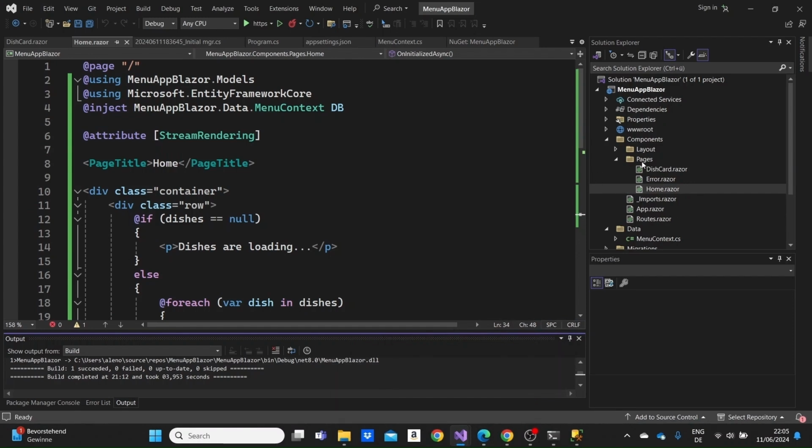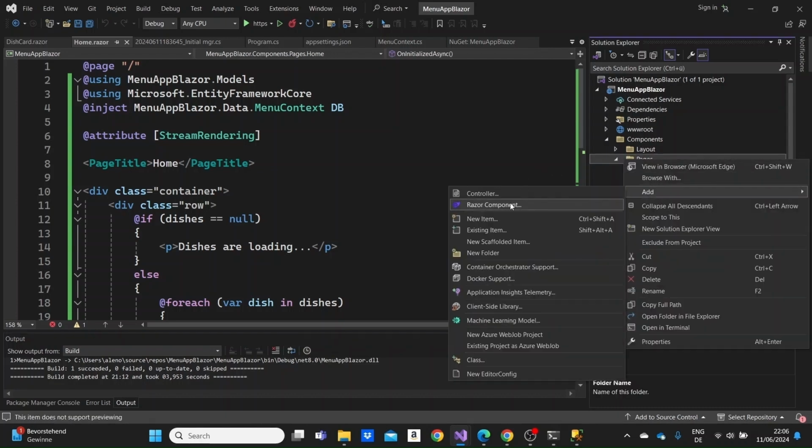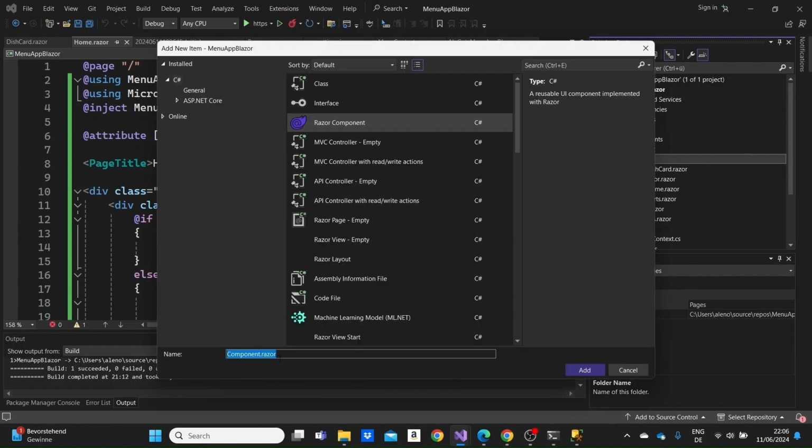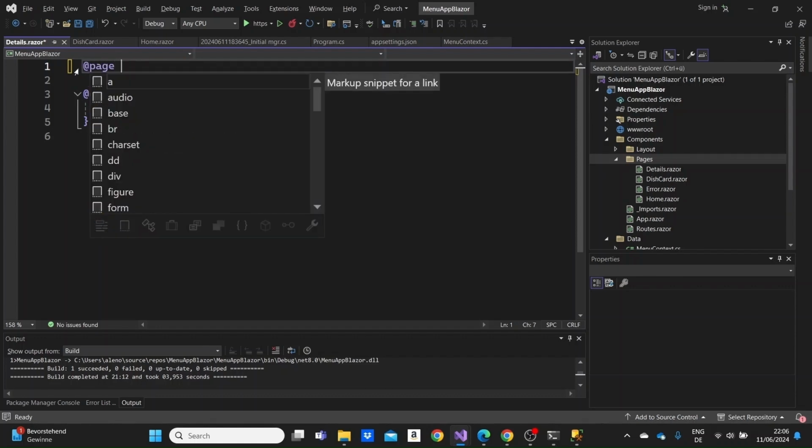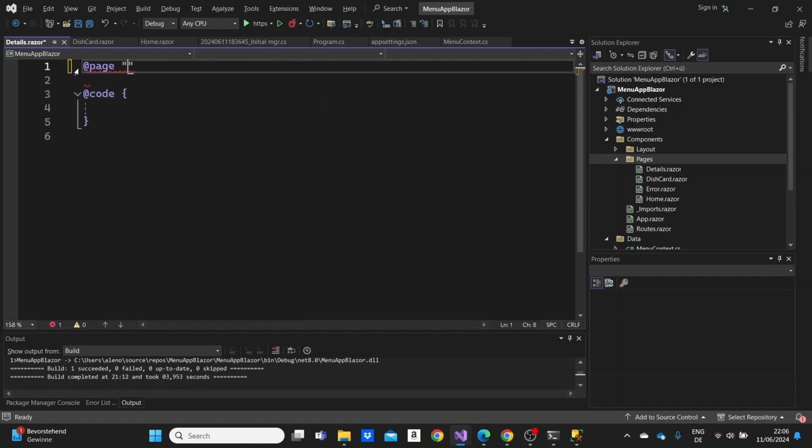that we have. So here at the components folder, the pages, I'm gonna add a new Razor component. I'm naming it Details. And here's the component. The first thing I'm going to do, I'm going to delete this part and I'm going to make our component a routable component as well by writing this page directive and we're specifying the route to the route of the component, which is going to be details/